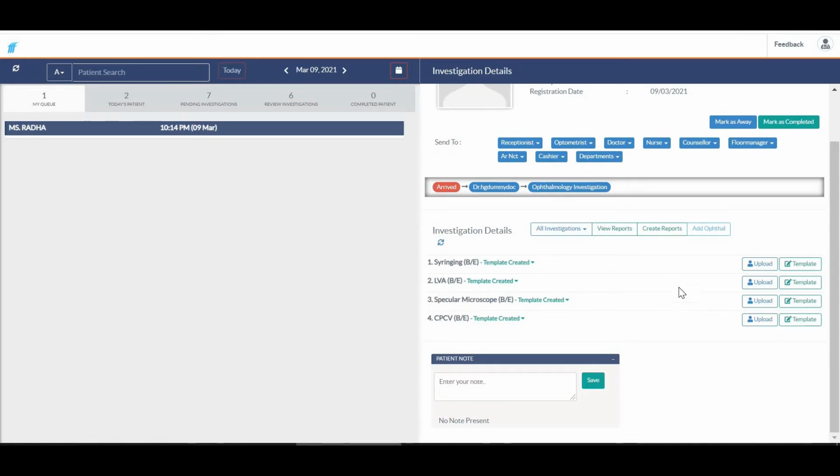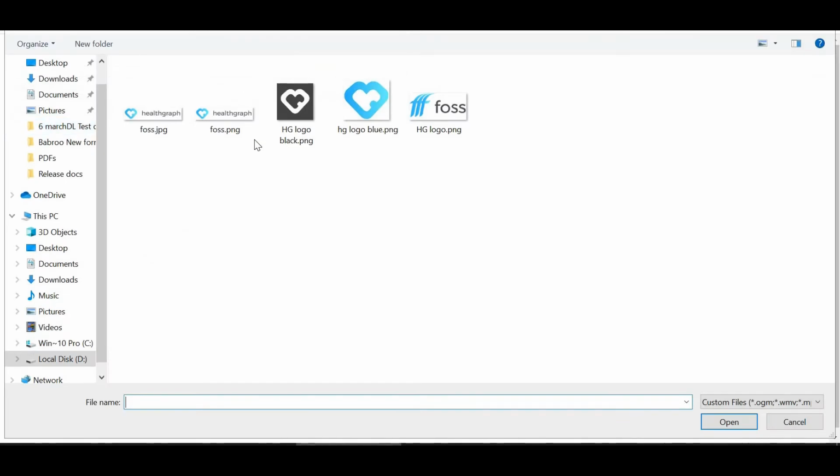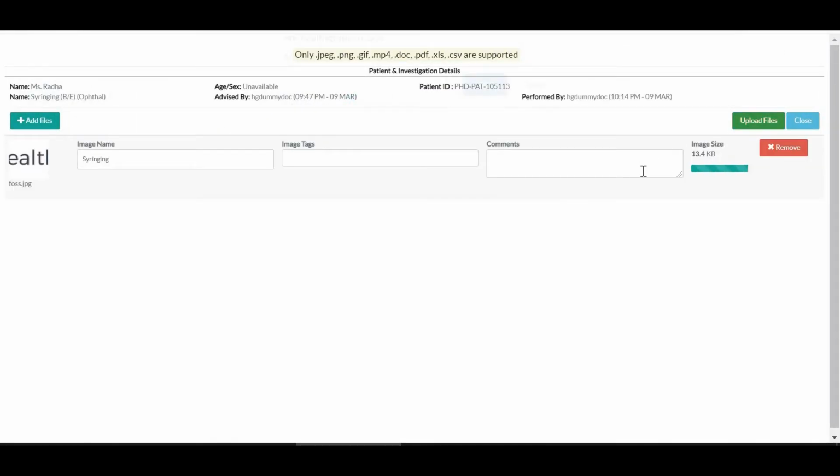So this is how you can perform investigations in a technician user ID. After this, if you want to upload some documents related to these investigations, you have the option called upload. If you click on it, it will ask you for two types of upload options: you can upload a paper, and DICOMs can also be uploaded. Clicking on that takes you to a window where you can upload a file.